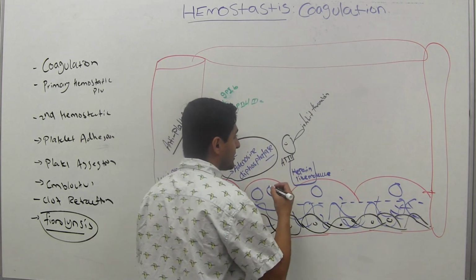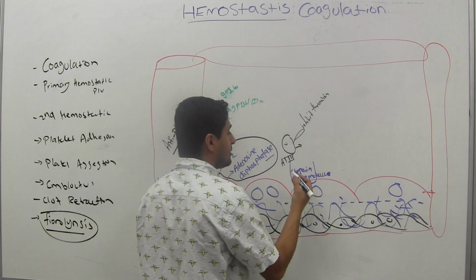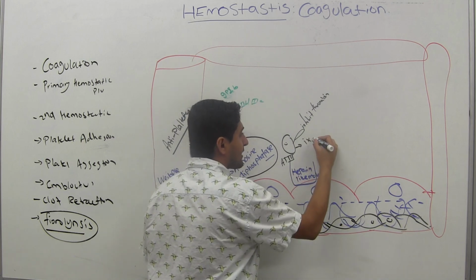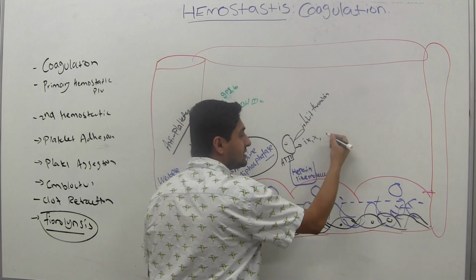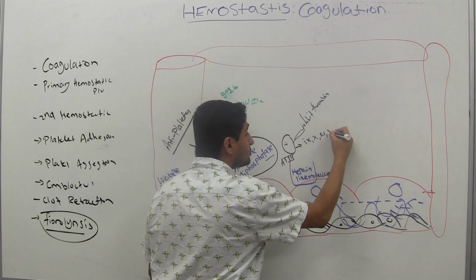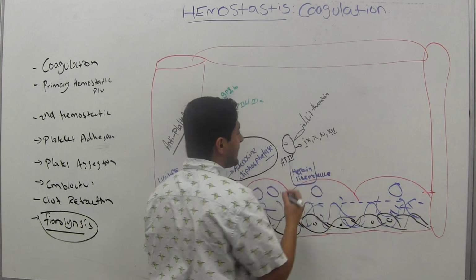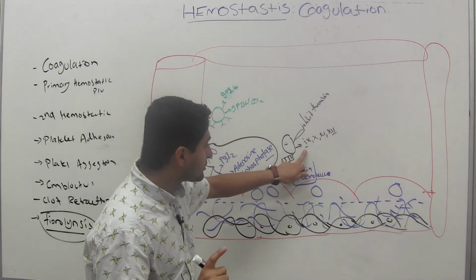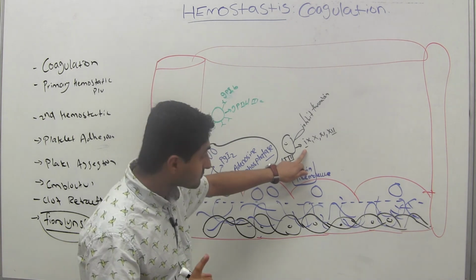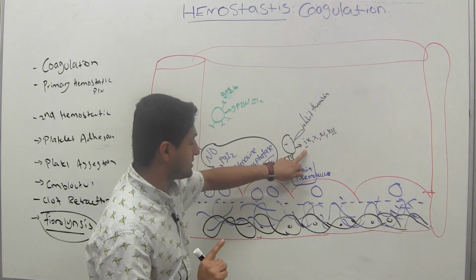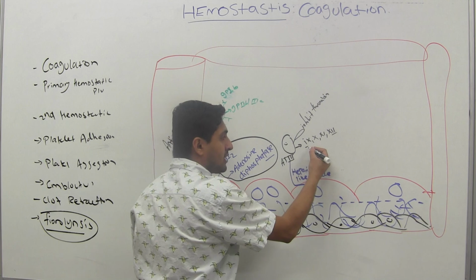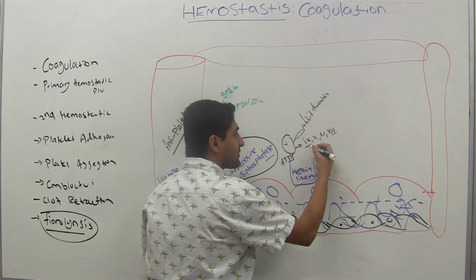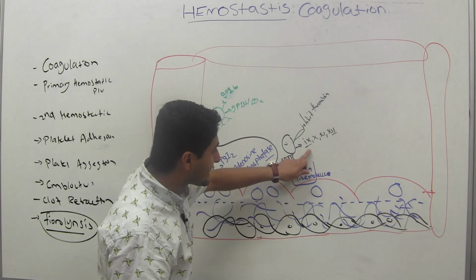Especially this antithrombin 3, this will inactivate your factor number 9. It also inactivates factor number 10, factor number 11, and also factor number 12. Okay, guys, let's name these. What does factor number 9 mean? You should know this name, guys. Factor number 9, we call this the Christmas factor,